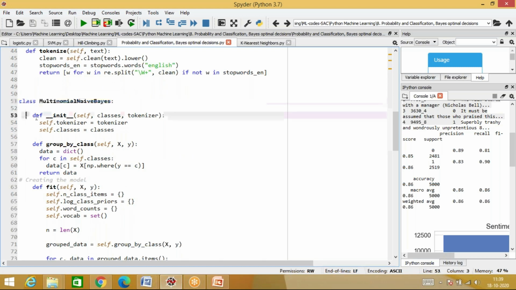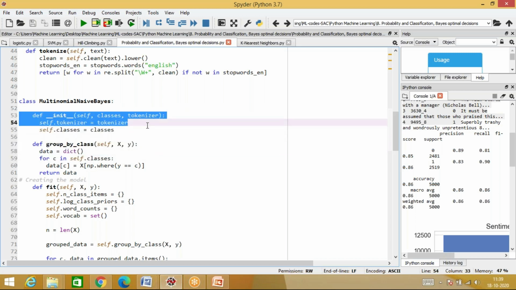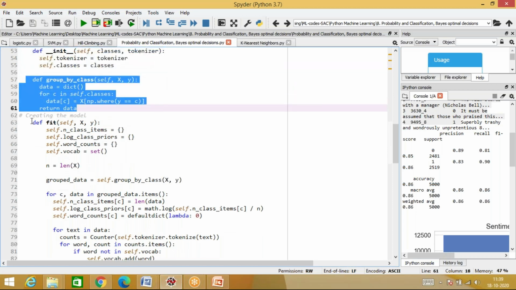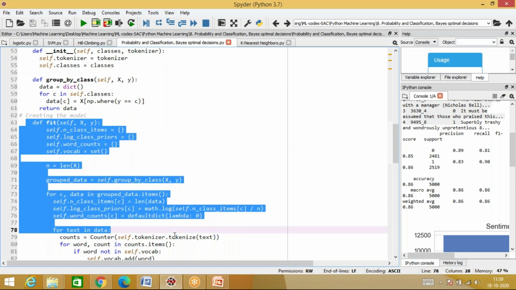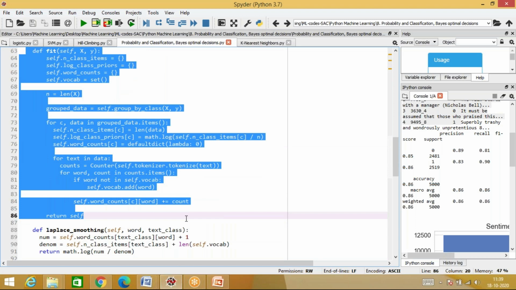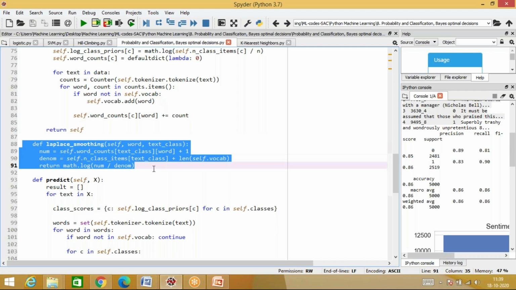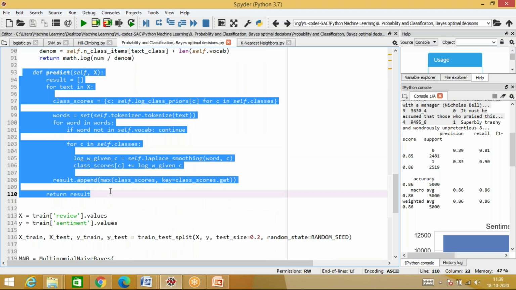Now over here you have this initial class. Second, you have this constructor over here which will get the data in the form of tokens. It will also initialize all the classes. Then depending on the type of data we are working with, they will be grouped. Your fit function, whatever mathematics that we spoke about, everything is happening out here. So whatever probabilities and stuff that we are talking about is happening over here. Then there is one particular function for Laplace smoothing. Then there is one particular function for predicting the results. So this part of the code from line number 34 till this point never changes.